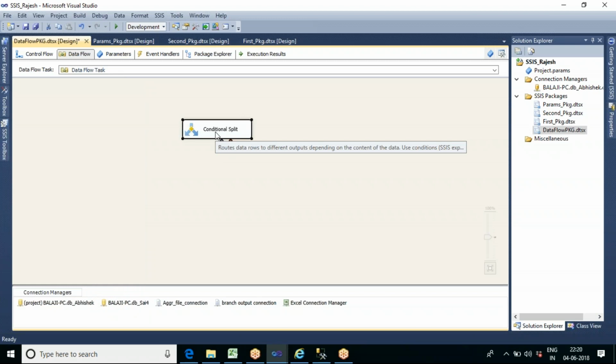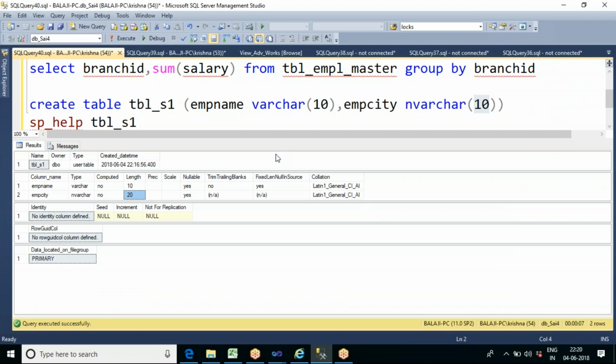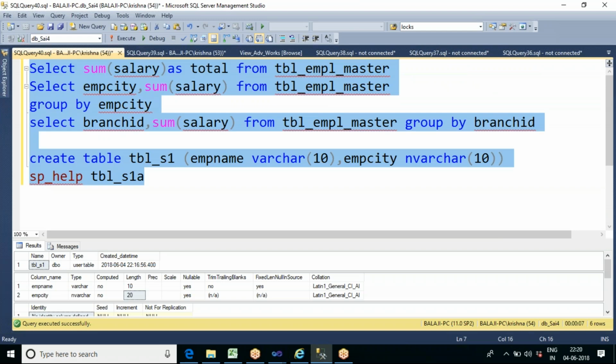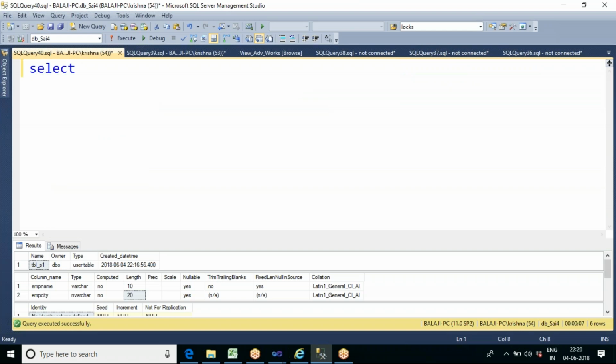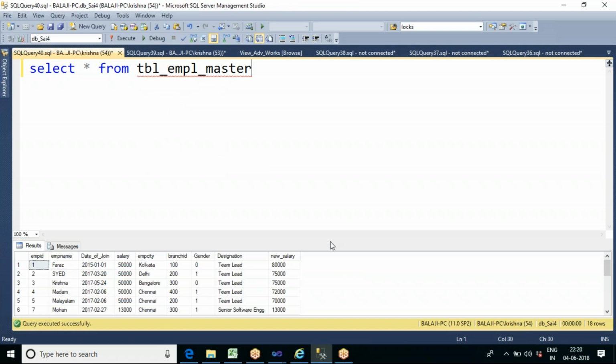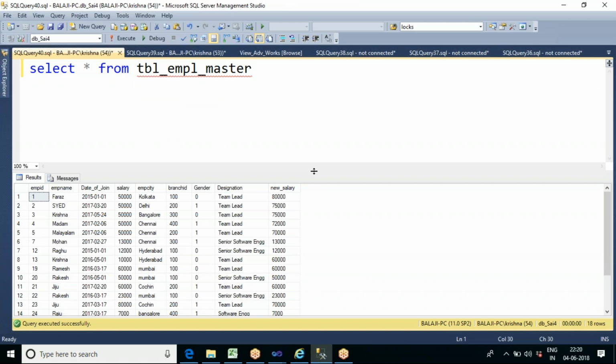As the name suggests, you use it if you want to split the data based on some condition. So here in SQL Server, if you want to split the data on any condition, what will we do? We'll go and write a query. Let us say select star from table underscore employee master. So this is your table name. Now I want to see whose salary value is greater than 25,000. So I will write a condition like where salary value is greater than 25,000.